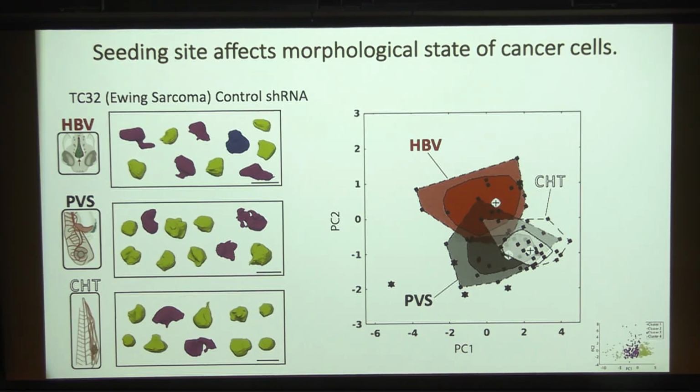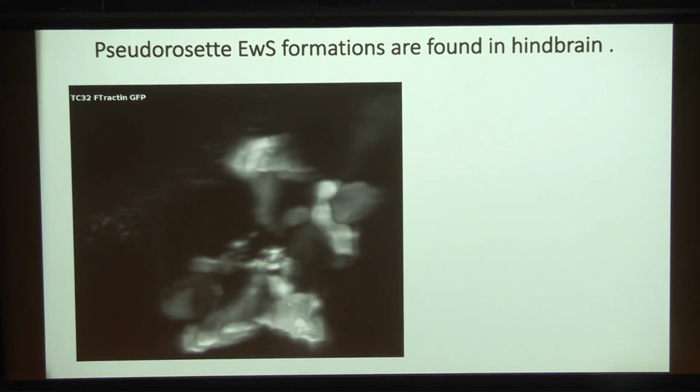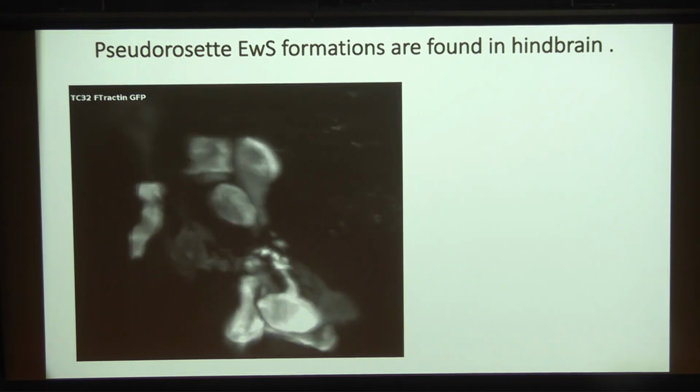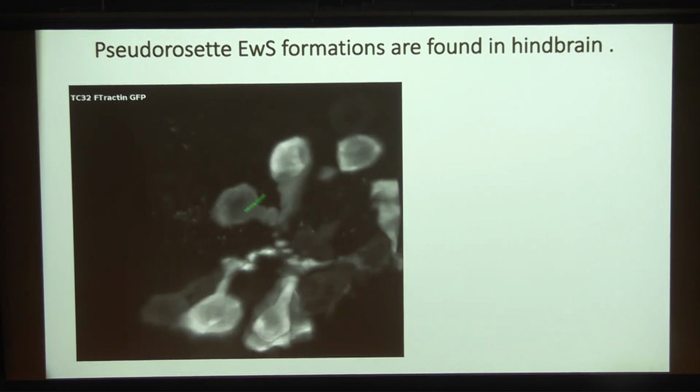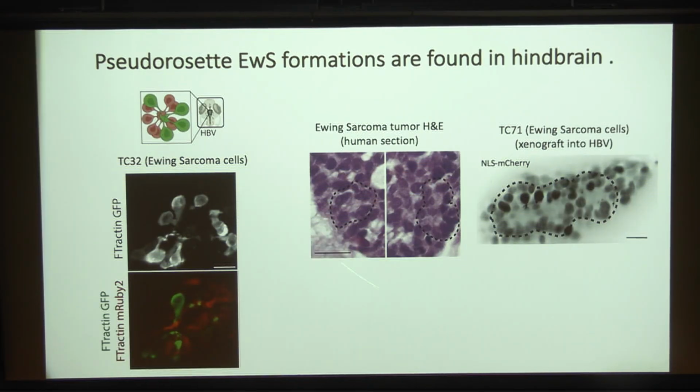So we decided to examine this region further, and it was interesting. We actually saw a tissue architecture that was unique to this environment, but not to the other environments. And that's the formation of these pseudo-rosette-like structures with cell bodies pointing outwards and protrusions pointing inwards towards a central point. And this was really exciting because it's reminiscent of